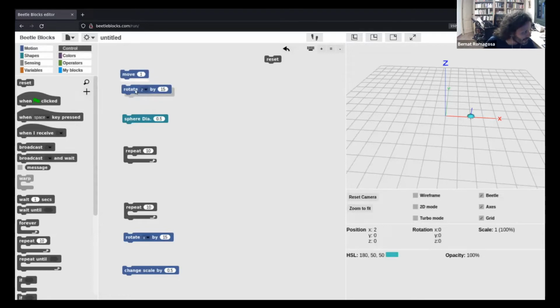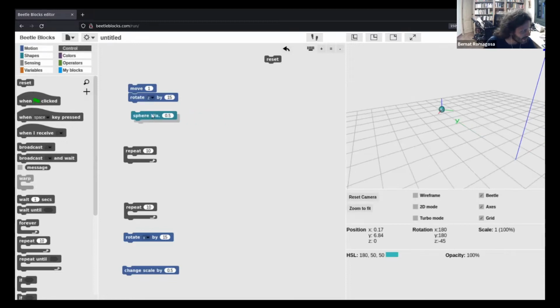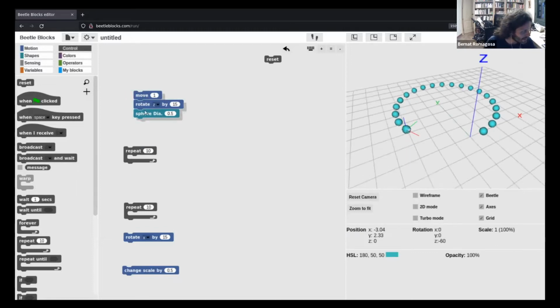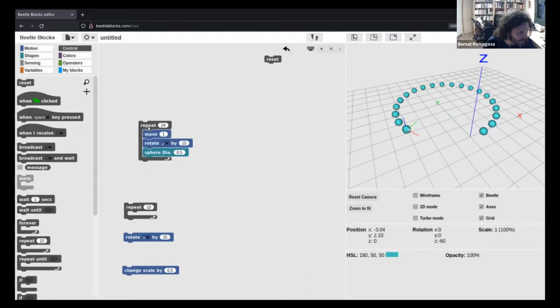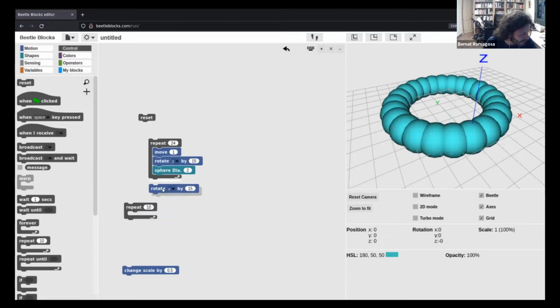Basically you can command it to do things like move and rotate, but you can also command it to build shapes, such as this tiny sphere. Let me reset and do that a bunch of times so you can see what it's about. Let me repeat that 24 times, since I'm rotating 15, that will make 360 degrees, and I get this ring. And then by playing a little bit with the parameters, I get a full ring,